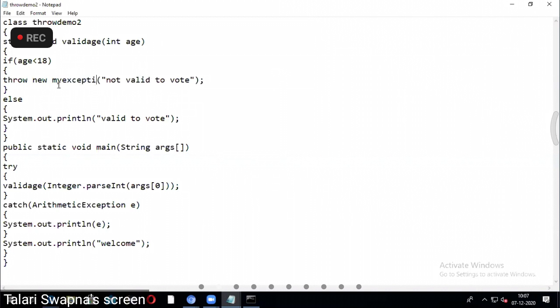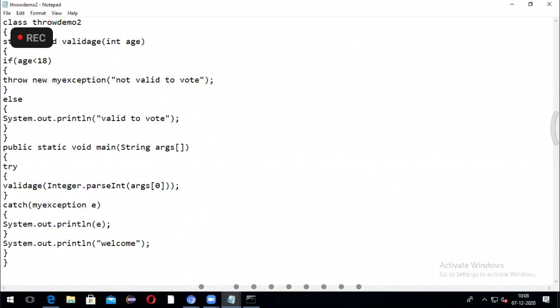Instead of using the predefined built-in exception, arithmetic exception, I can write my own exception. That is also possible, but always you see that this should become a subclass to the exception class. Earlier I wrote arithmetic exception. Obviously arithmetic exception is a subclass to the exception class. Exception class is a subclass to the throwable class. But now, when I'm writing my own exception name, it should become a subclass to the exception class. So here also you change it. It should match that. So change it here also, my exception.